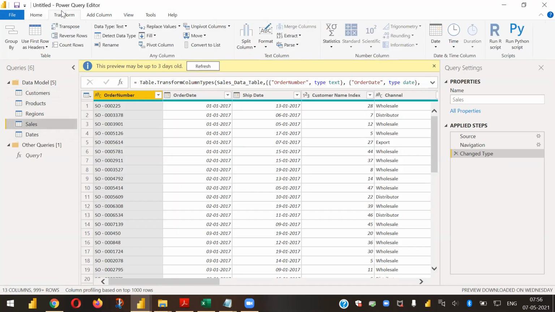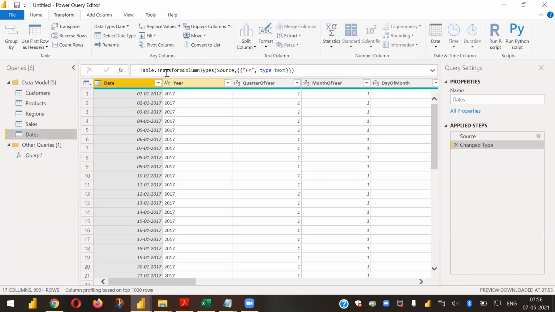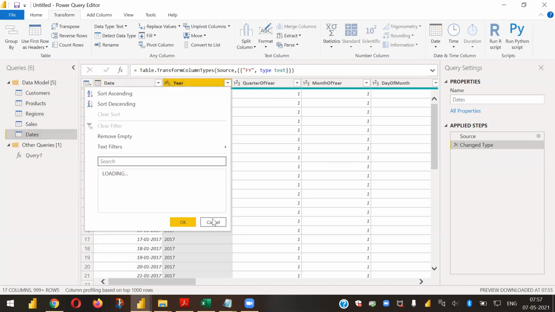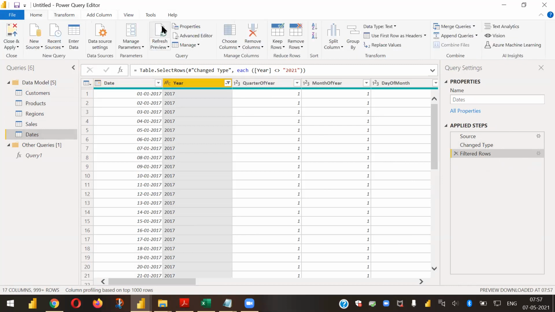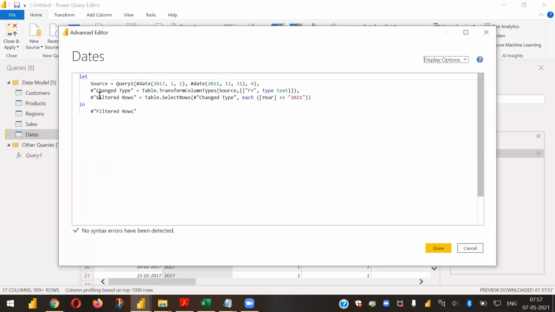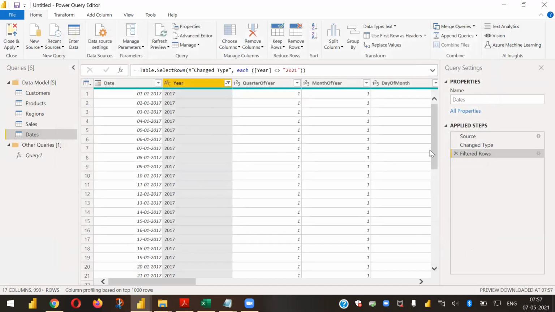We do a lot of transformations, we can clean up the data, and also filter out the data. I showed you how to filter the data. Suppose you wanted to keep only 4 years of data, so you remove 2021, click on OK. I removed 2021, and you can see the filter step is basically not equal to 2021. We're least bothered about the internal logic, but I'm just making you understand what happens in the Power Query editor. A filtered rows line of code is applied with the condition year not equal to 2021, and you can see we have only 4 years of data now, from 2017 till 2020.